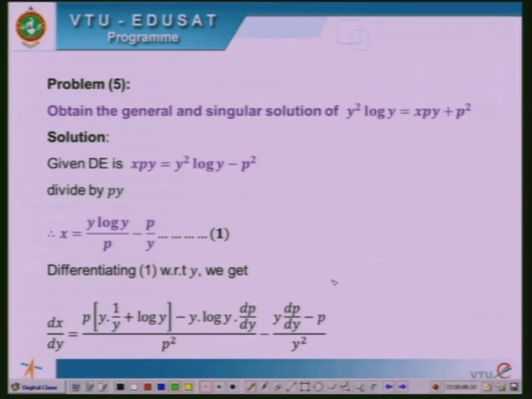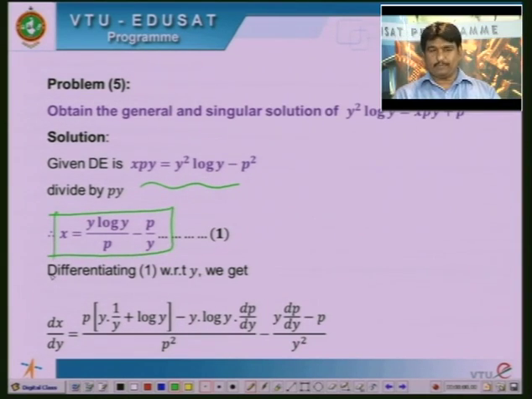Now, express the given equation in terms of x. We can write it as xpy equals y square log y minus p square. Transfer p square to the right side and then divide throughout by py to get x equals y log y by p minus p by y. Equation number 1. Differentiate 1 with respect to y to get dx by dy equals,